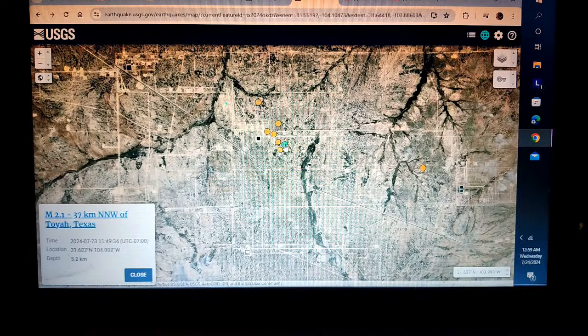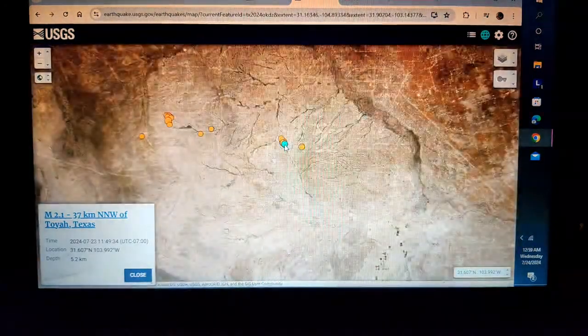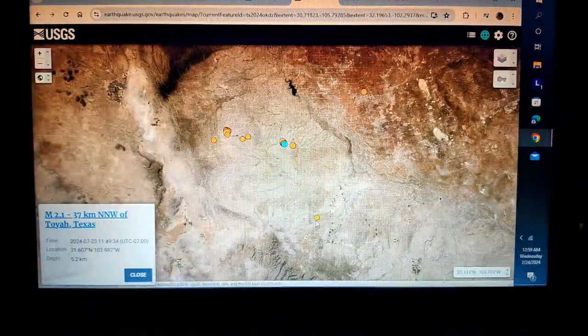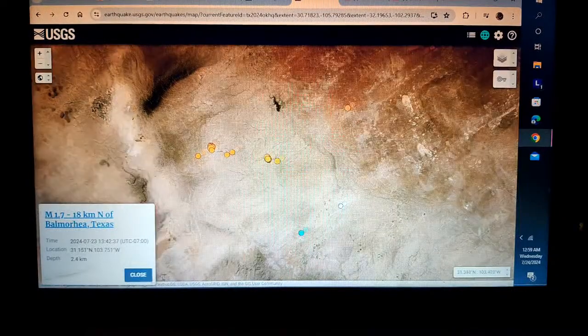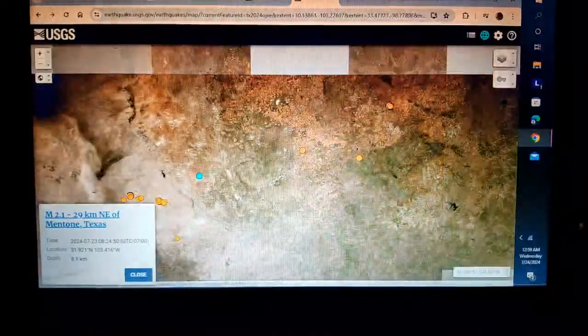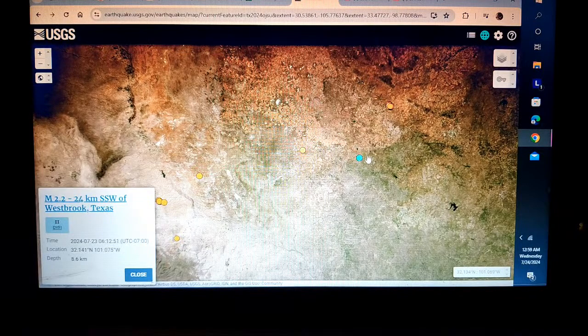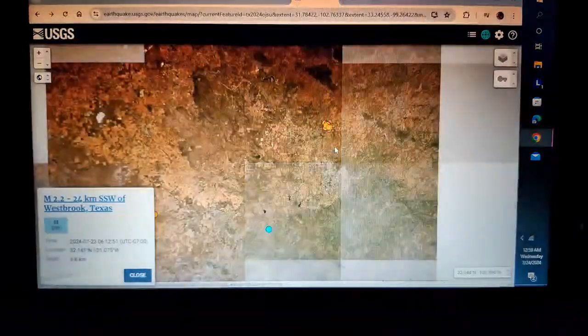What's this one? Okay, all perforations in the crust, man-made perforations. We understand what happens there. But look at this activity spreading out across Texas here. That's a fair amount of pressure underneath Texas here.